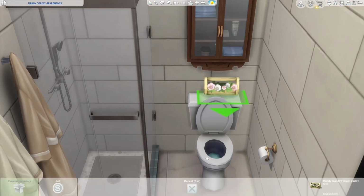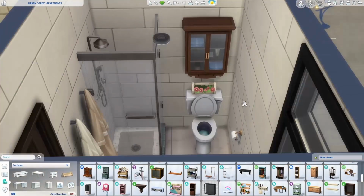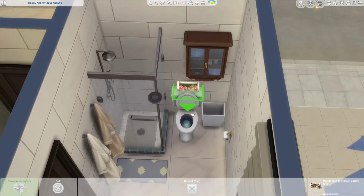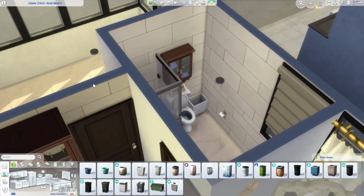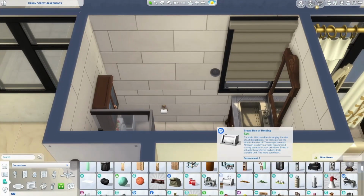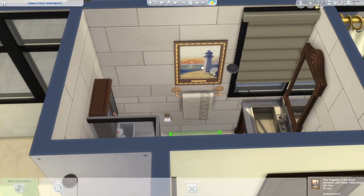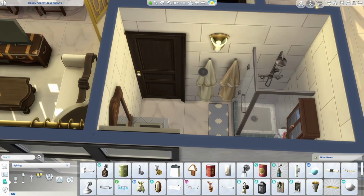And one thing that I really liked to add was this sort of flower box above the toilet. I was thinking that these are fake flowers and that they are pretty dusty. It's the kind of thing that I would expect to find at a grandmother's house, just fake flowers that are super dusty, and they aren't even beautiful, but they are just there for decoration, supposedly. So yeah, that's another thing that I wanted to have in here and to just really tie in with that